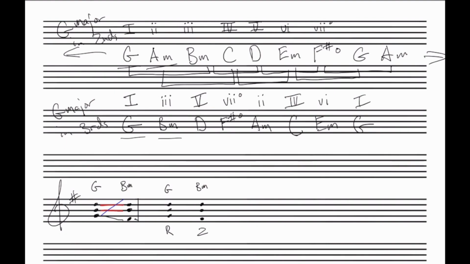You have these top voices staying put, and then you have the root of this G chord moving down a half step in this case, but a step in the scale, down to become the fifth